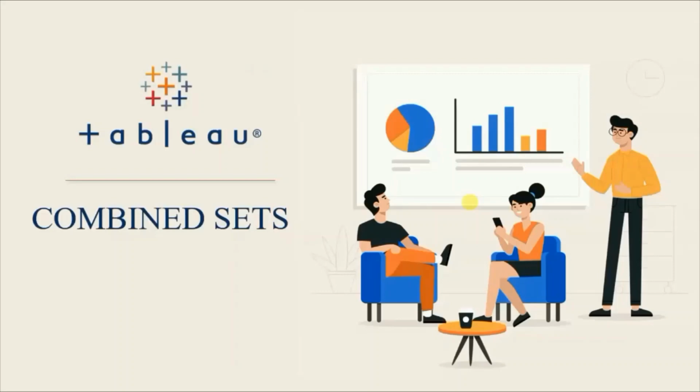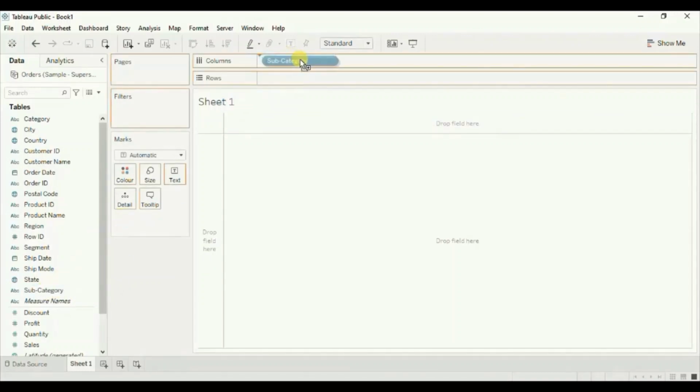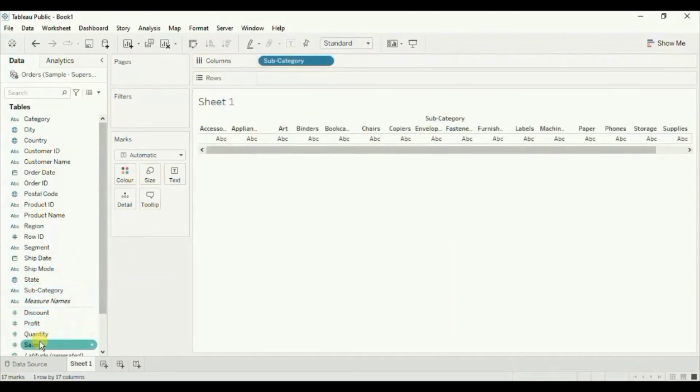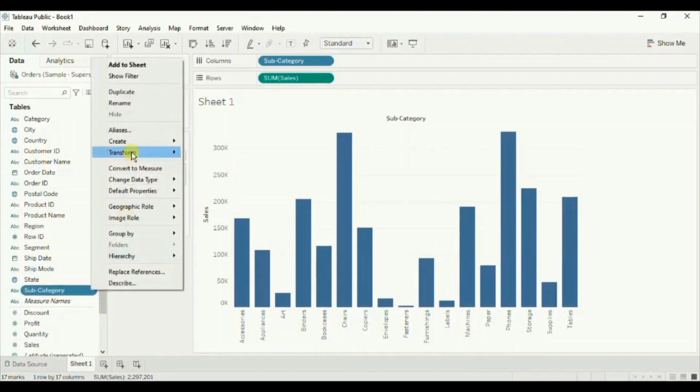Now let's jump to Tableau and see how to combine two different sets. First, we will create a set to see the top 5 subcategories based on sales. Drag subcategory to the column shelf, then drag sales to the row shelf. We will create a set using the subcategory dimension. So click on the drop down, go to create, click on set,